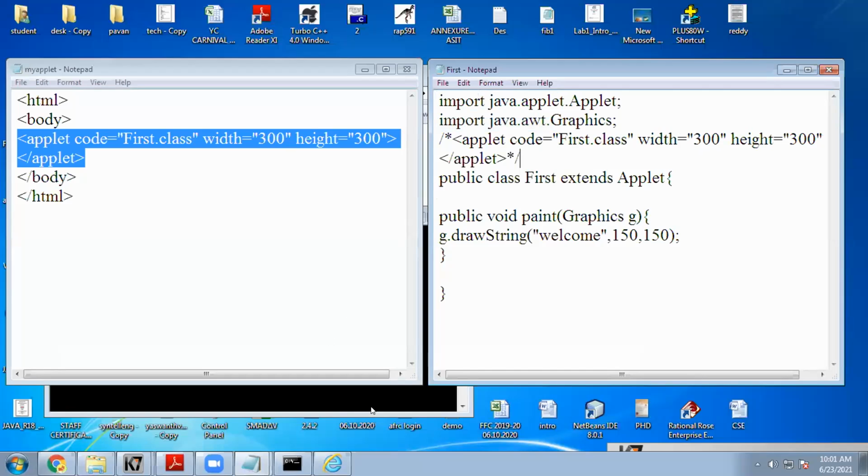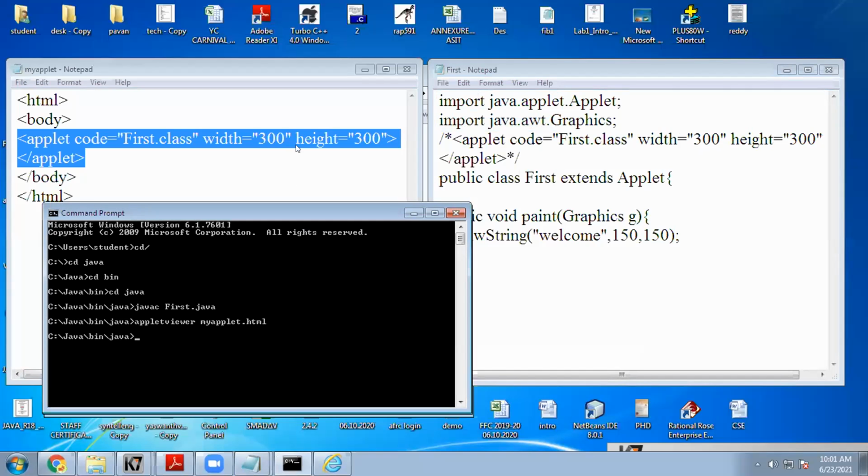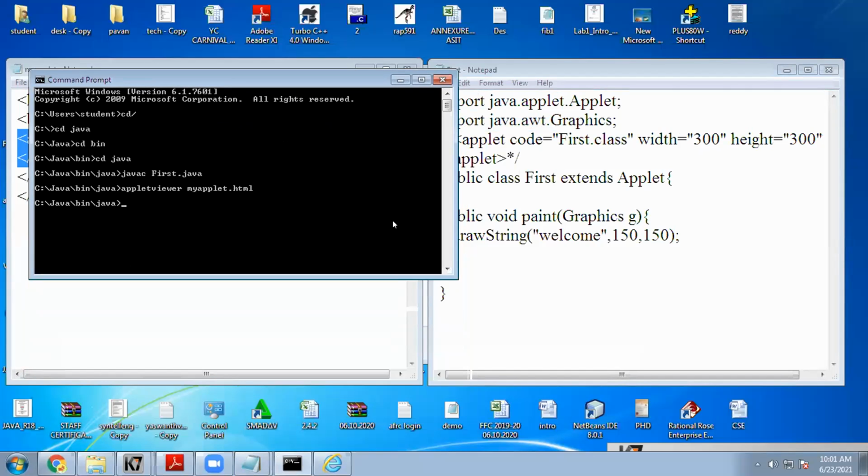Before running the applet viewer statement, first we have to compile, because I modified some statements in this Java program. So we compile this. It has been compiled now.